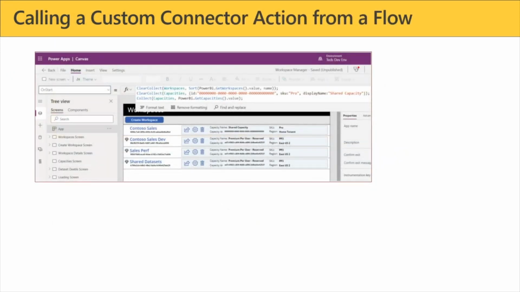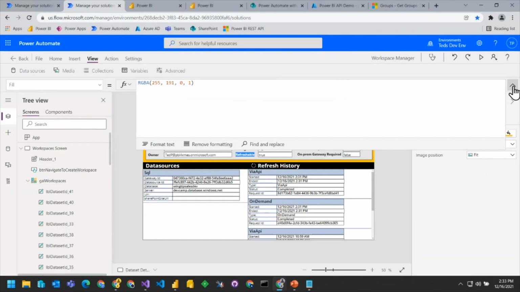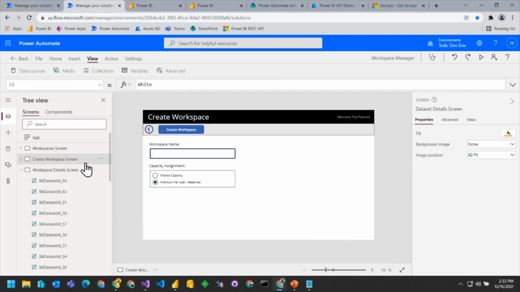Okay. Now, let's say I want to call a connector action from a flow. That is possible. But let's say before we do that, I want to call a flow from my Canvas app. So let's say that I go back here, and I'm going to go back to the workspace detail screen.